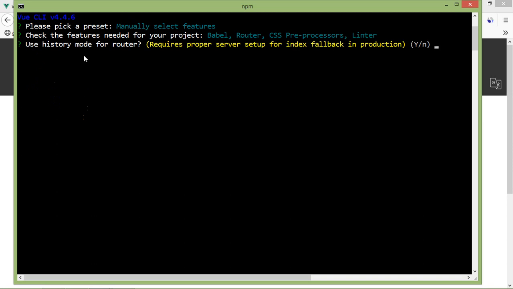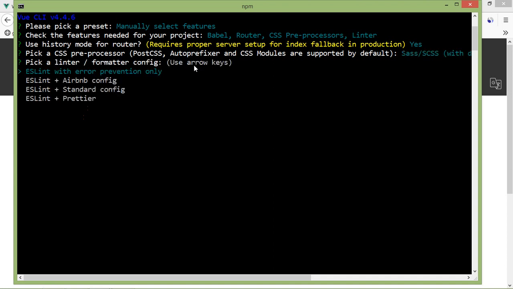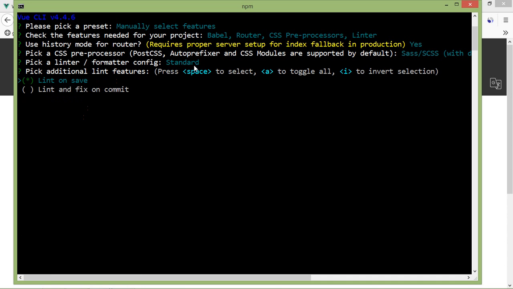Use history mode for router: yes. Select Dart Sass. Now for the formatting configuration, I'm going to select ESLint plus standard config. Press the space bar, then enter.